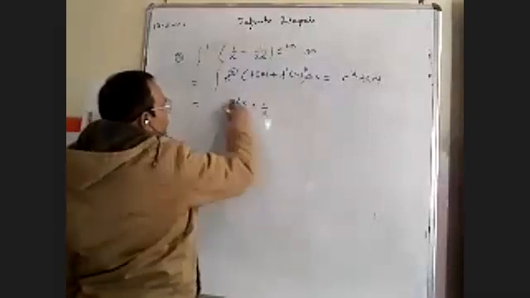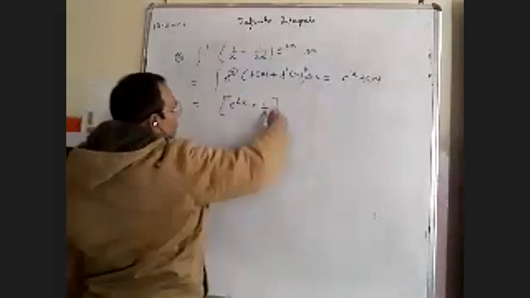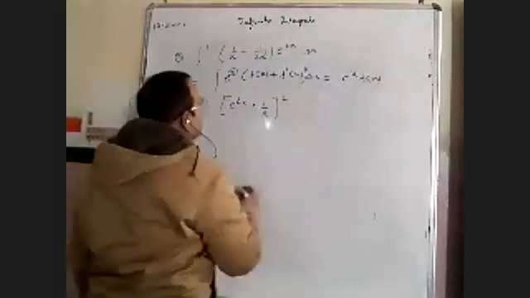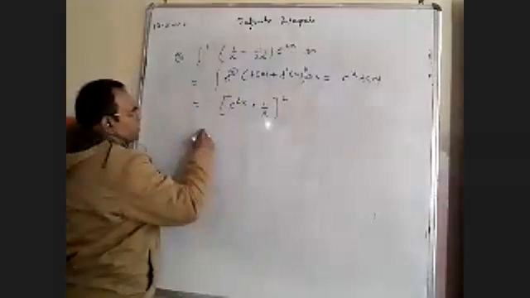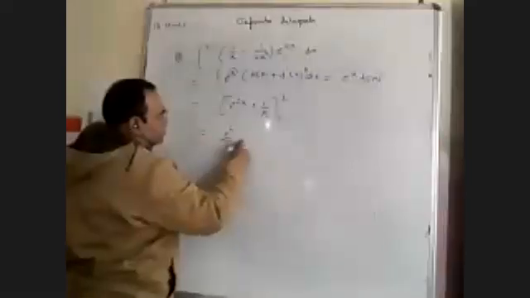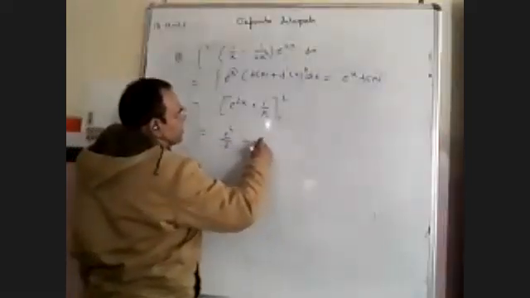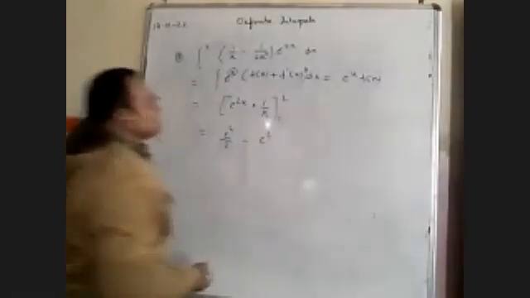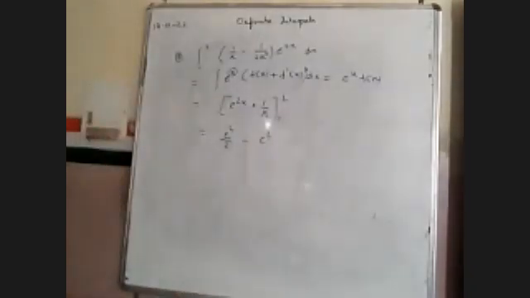Now you have to put the value of lower limit and upper limit. Upper limit का मतलब e to the power 4 divided by 2 minus e to the power 2 upon 1. This will be your answer. This is the question number 8. So this exercise is also completed.